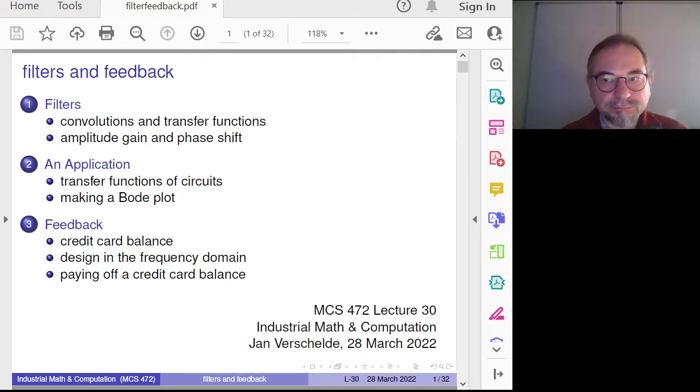Then in this chapter 10, we will focus on frequency domain methods. We consider then feedback, and we design feedback in the frequency domain. So this will be explained with an example of a credit card balance, which, if no payments are made, the balance grows exponentially, grows out of control. Okay,